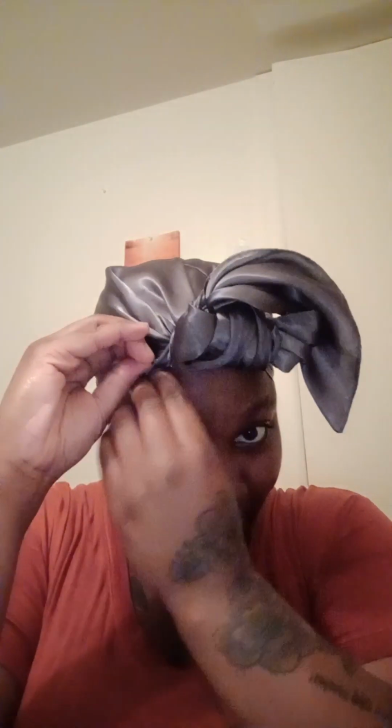Now, with the longer part, just twisting it, but I'm going to the opposite side. You could wrap that around a bow ear if you want to. You could tuck it another way. I decided to tuck it underneath. As you can see up towards the top, you're going to have so many pretty designs. I honestly love that design up top. I was more focused on the bow. This is the look I was going for. So now you pull out those bunny ears, you make them how you want them to look, and